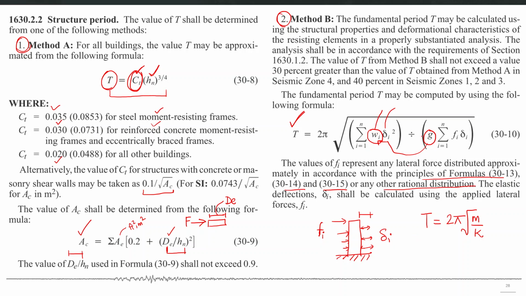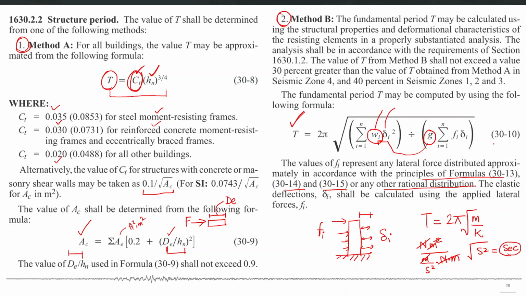And then if you check the units of this whole square root term, for example, Wi will be in, let's say, newtons, delta i will be, let's say, in meter square because it is square here, divided by the g value, which is meter per second square, multiplied by the sum of force vectors, which will be newtons, and then displacement, which will be in meters. So this newton meter will be cancelled out with this newton and one meter. The other meter will be cancelled out with this, and the square root term will only have s square units, and then we can cancel out this square with square root and we get the units as seconds.